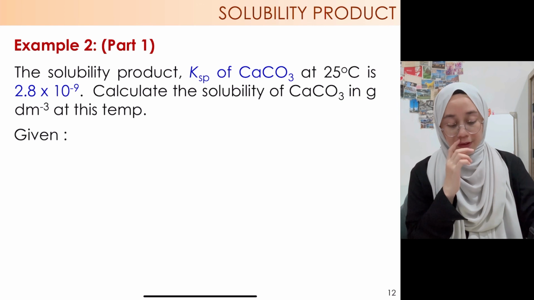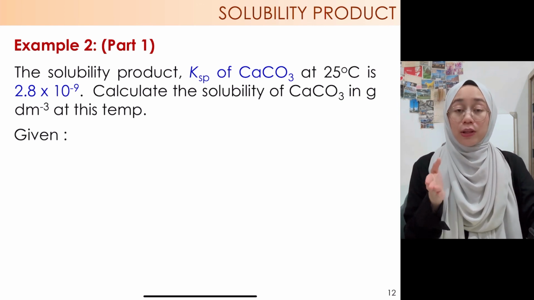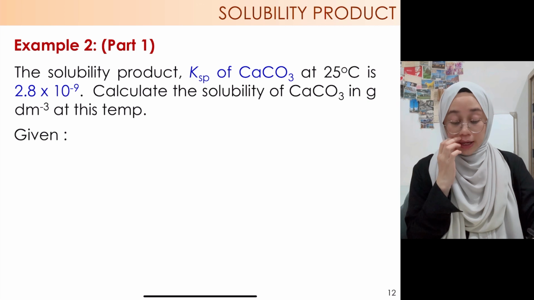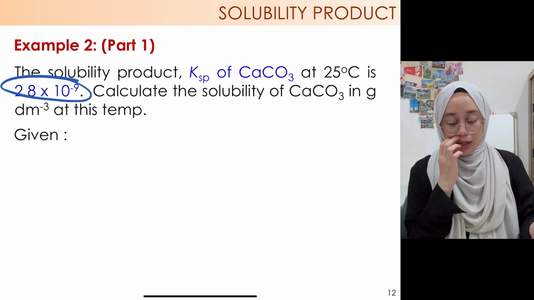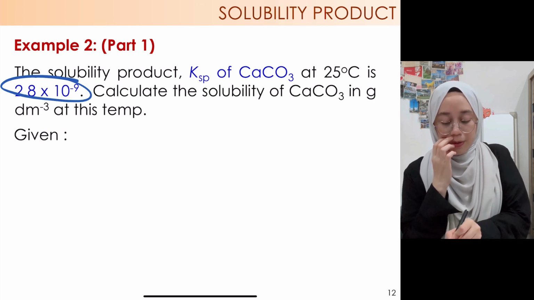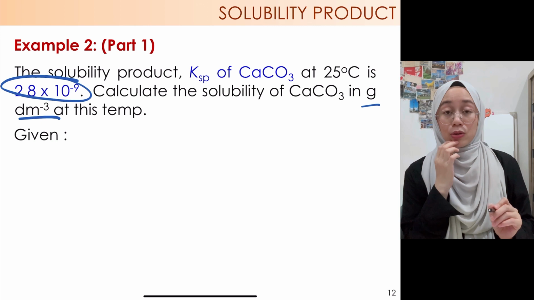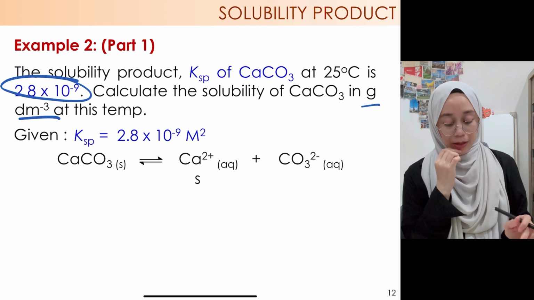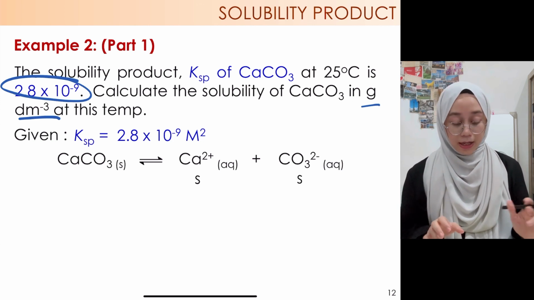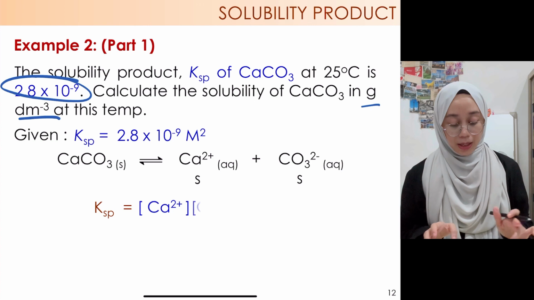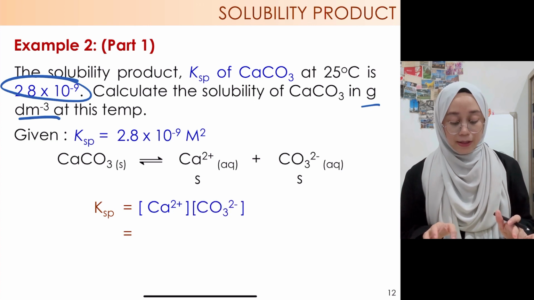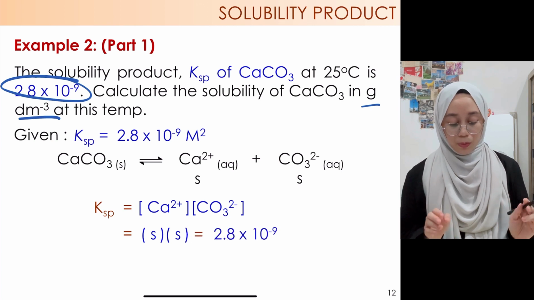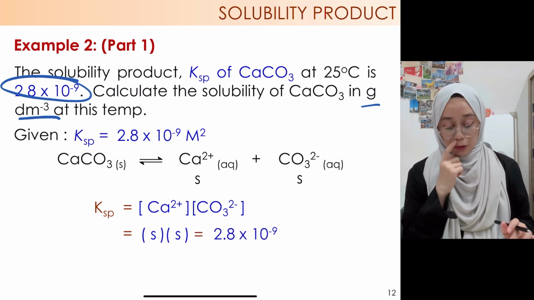Okay, and then ini pula given to you solubility product KSP. So now given to you KSP pula kelas, unit KSP of calcium carbonate. So ini value yang dia bagi, and then calculate the solubility of calcium carbonate in gram per decimeter cube. Okay, so you have to find the solubility. But first, kalau kita tulis dia punya yang dekat bahagian equilibrium base, so this is what we get. Okay, so kalau kita masukkan dalam expression KSP, so ini yang kita dapat. Okay, so kita tahu yang the S value is basically equals to 2.8 exponent negative 9. So kita boleh dapat jumpa the